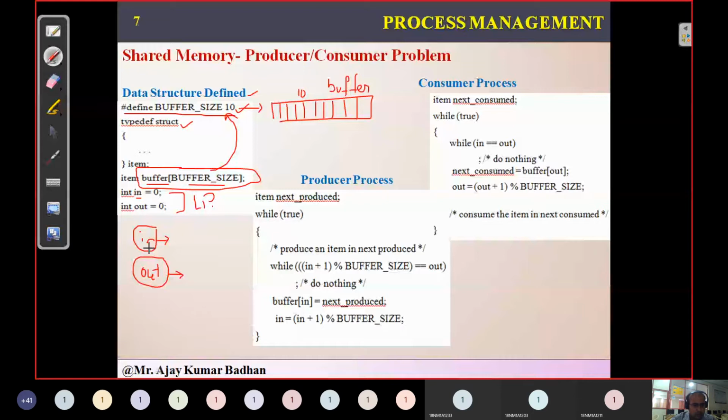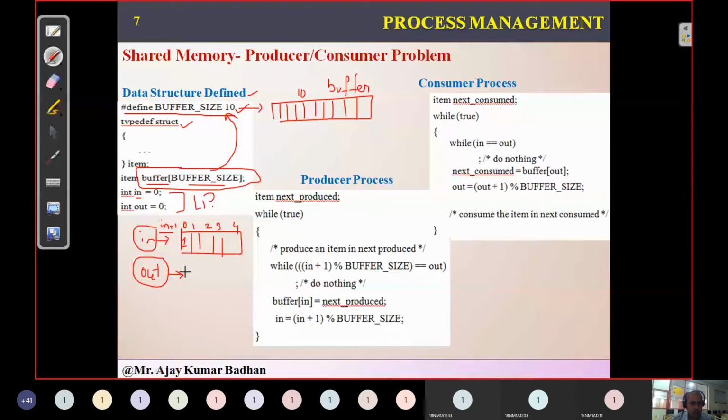Now, in refers to the next free space which is present in the block. Let us suppose this is the block, with indices 0, 1, 2, 3, 4. The first space is filled. Then what is the value of in? In is equal to 1, because it refers to the next free space. What is the next free block we have? That is at location 1. So in is equal to 1.